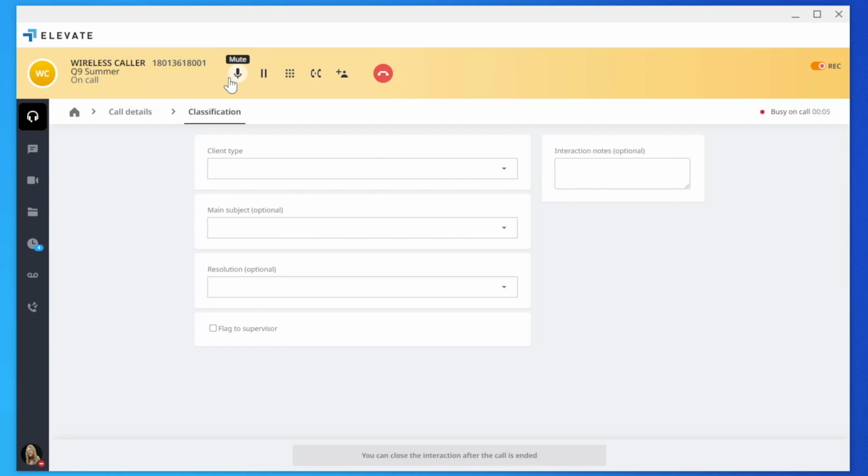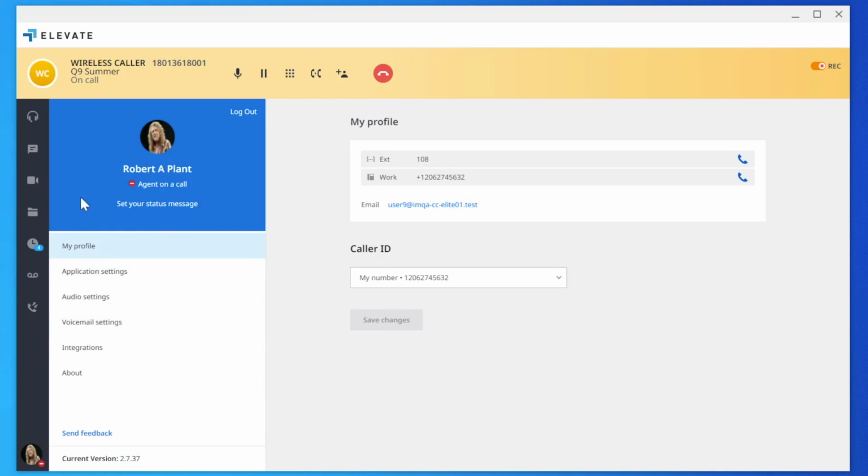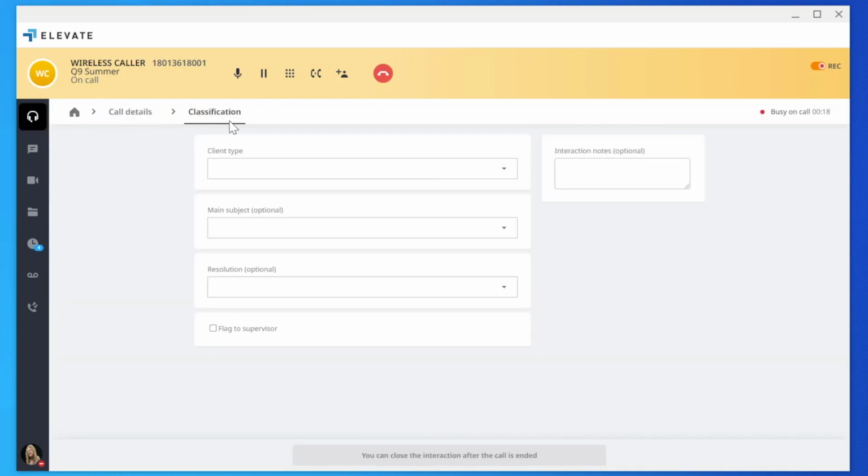Individuals internally can see that I'm on a customer call with a Do Not Disturb sign. At that point, they'll realize that I'll likely not answer if they try to call me. If anyone tries to call me, it will go directly to my voicemail, so it doesn't interrupt my Contact Center interaction. While I'm on this call, I'm presented with the most important things a frontline user needs to consider while